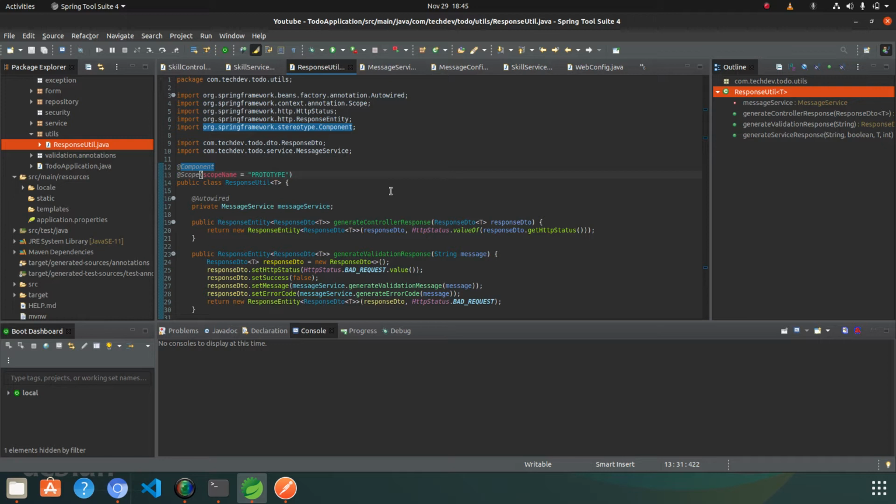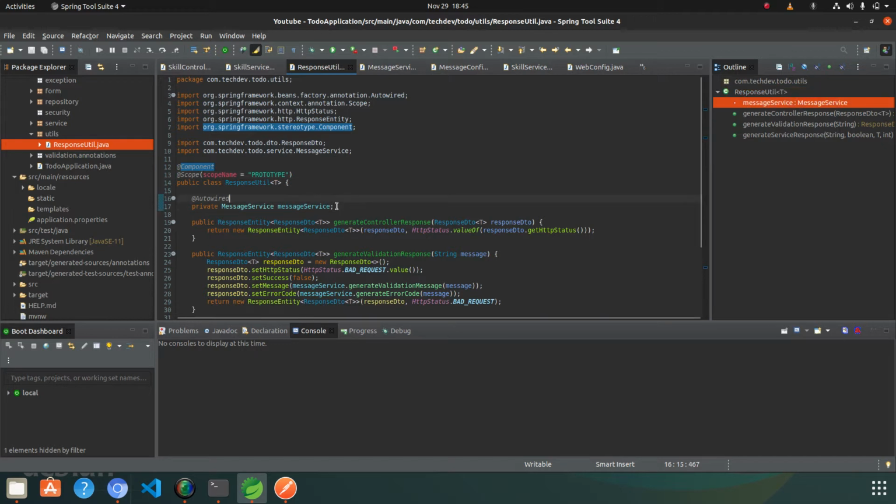So what actually happens sometimes, in prototype scope, if you are trying to autowire your Spring bean, which is the singleton, you will not be able to autowire it because it cannot find from where it needs to be autowired because it is the new object for the Spring framework.